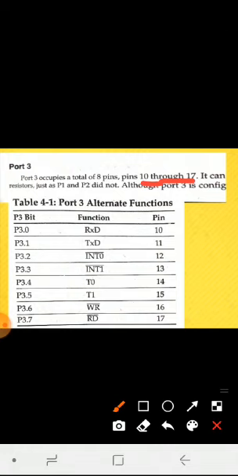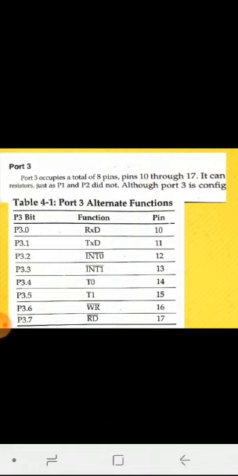Pins 0 and 1 are used for serial communication, 0 for serial reception and 1 for serial transmission. Then P3.2 and P3.3 are used for external interrupts. P3.4 and P3.5 are for timers, and P3.6 and P3.7 are for reading and writing. So this is about the I/O pins available in the 8051.